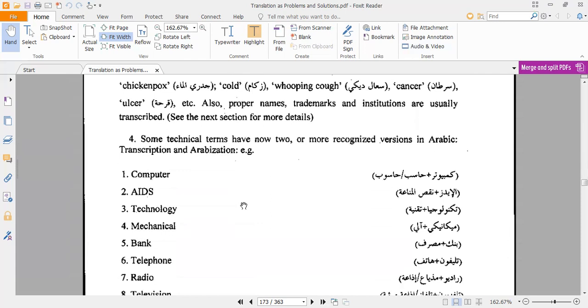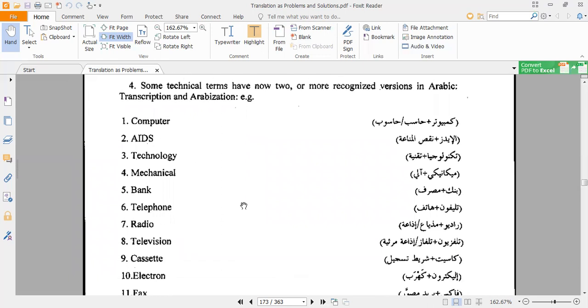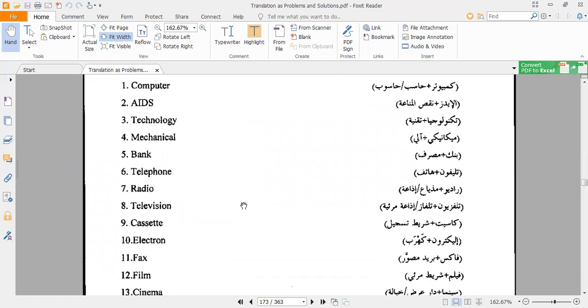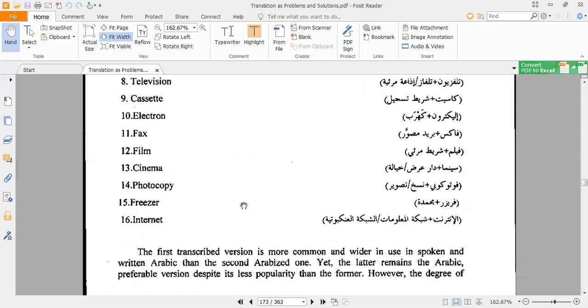Also, some technical terms have two or more recognized versions in Arabic such as computer. عندنا كمبيوتر وعندنا حاسوب. الأفضل إني أستخدم الحاسوب أترجمها كحاسوب because it is an Arabic equivalence, while computer is a transcribed term. AIDS نقص المناعة أو الإيدز and so on. البنك نفس الحاجة، بنك ومصرف، الأفضل أن أستخدم المصرف، فدائما الأفضل أستخدم ال Arabic equivalent items. Okay,